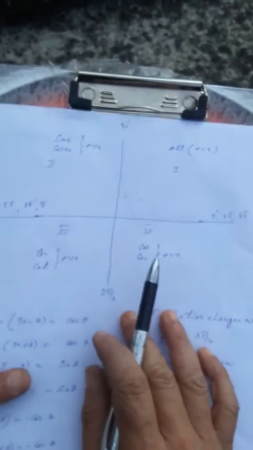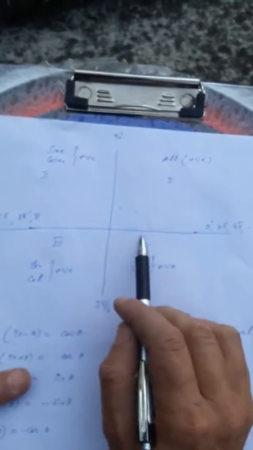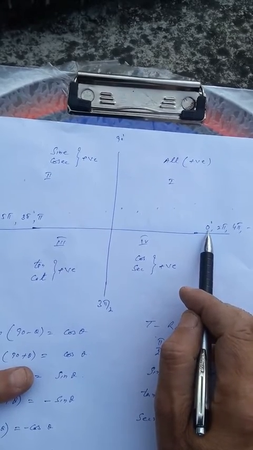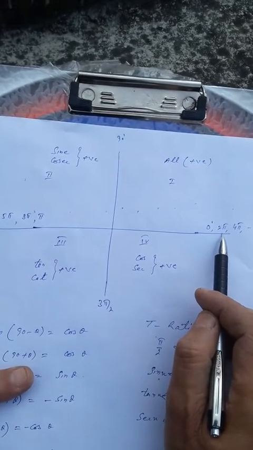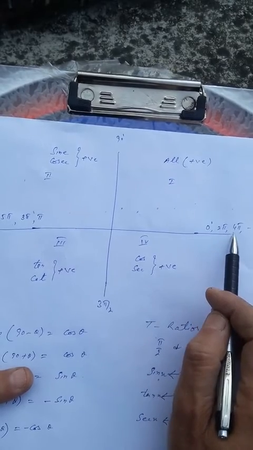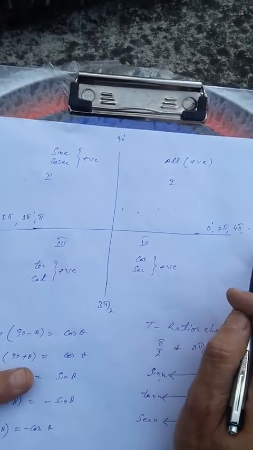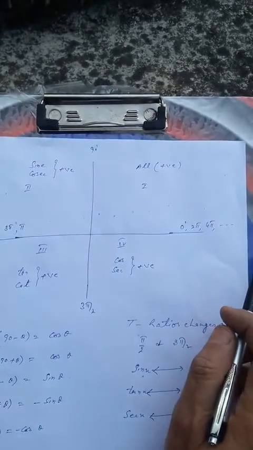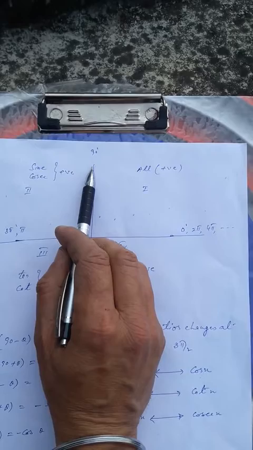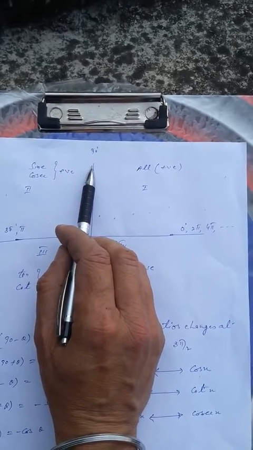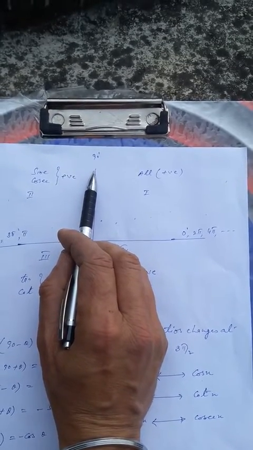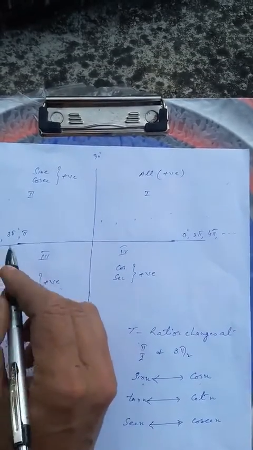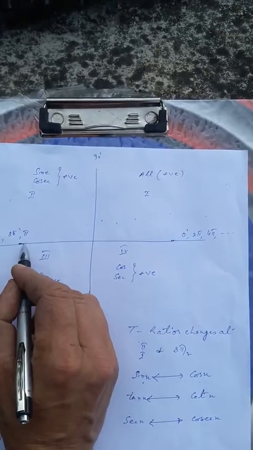And remember one more thing, on the positive x-axis the angle is 0 degree. Then it is equal to 360 degree, which can be written as 2 pi, then 4 pi, and even pi's, 4 pi, 6 pi, 8 pi, are always here. And here the angle is a right angle, so it becomes 90 degree. And after this, on the negative x-axis, the angles are pi, 3